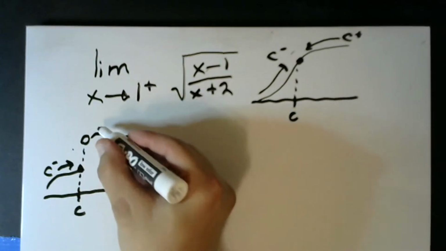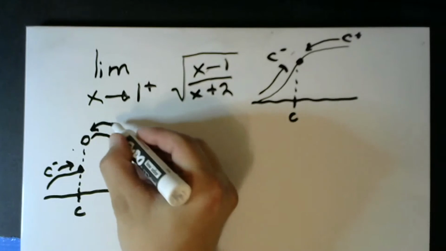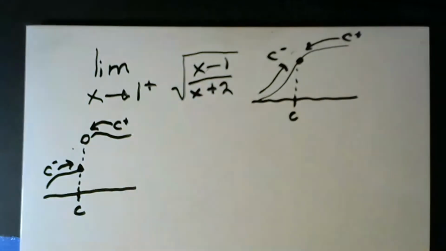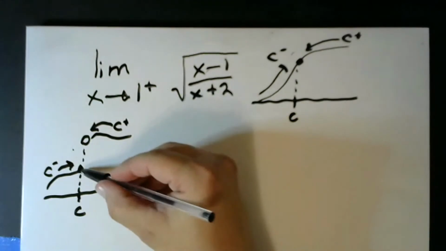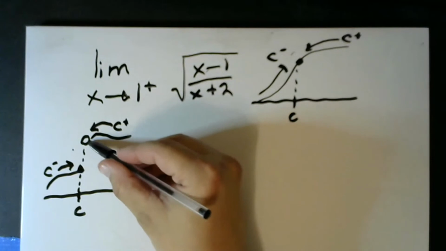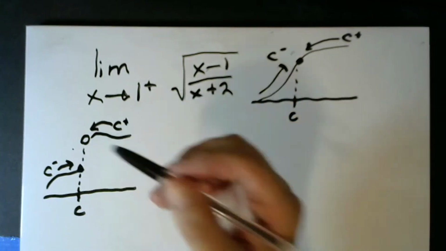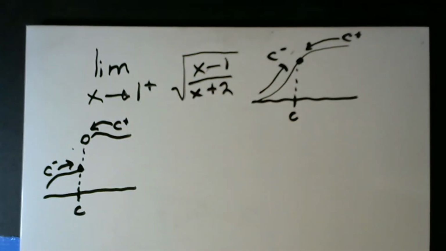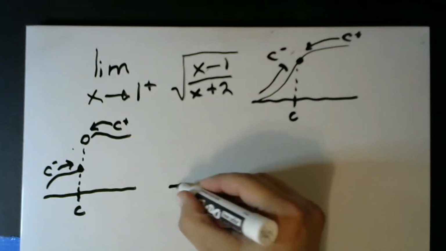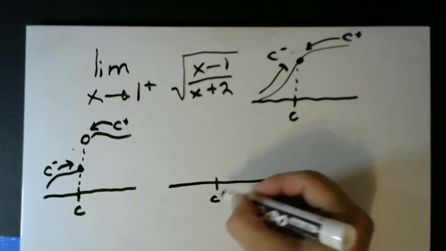Approach from the left, approach from the right. In this case, depending on which side we approach from, approaching from the left, we're going to end up down here, but approaching from the right, we're going to end up here. So our two-sided limits won't be the same. But another possibility, and this is what we're looking at in this problem,